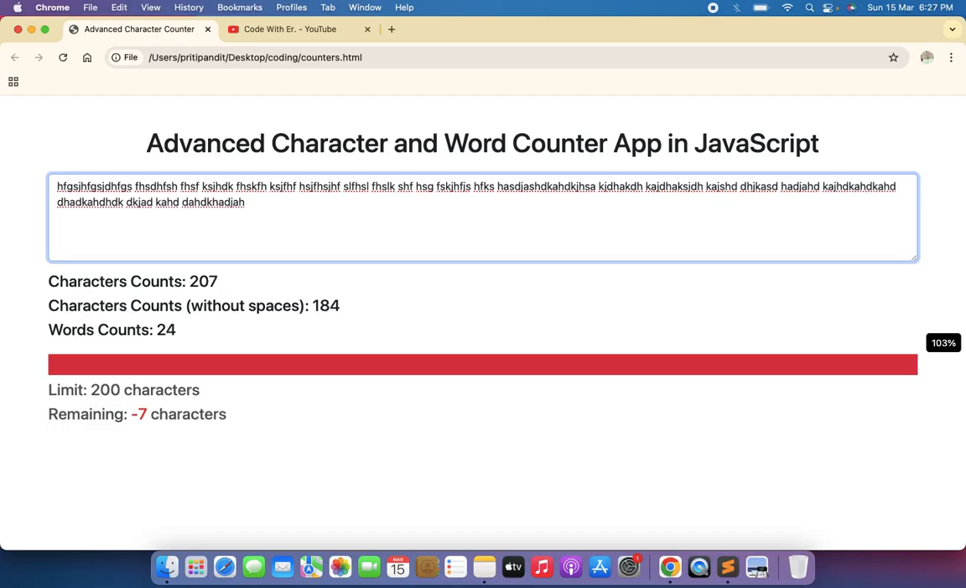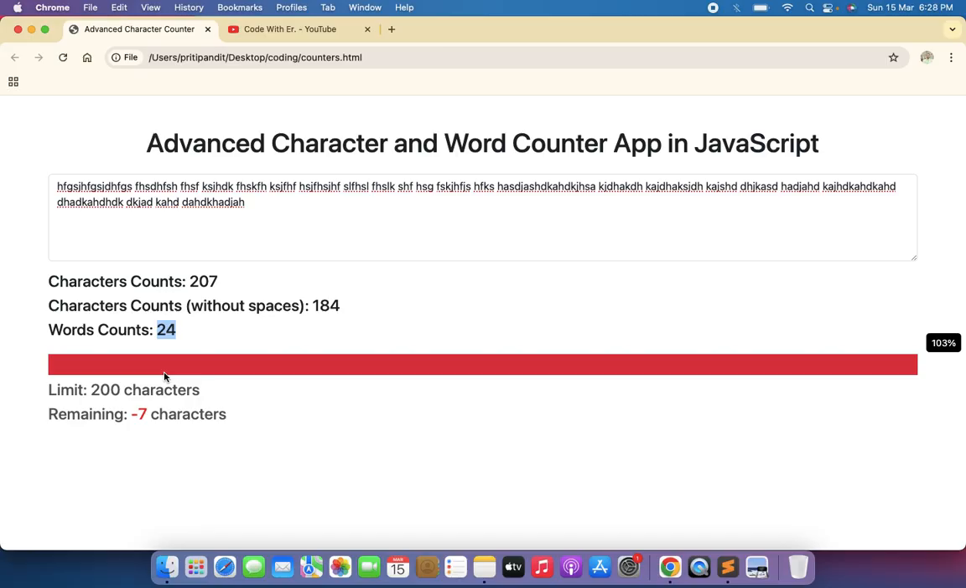You can see here, once we have crossed our limit, the characters count is now 207, the characters count without the spaces is 148, and the words count is now 24. The moment we have exceeded the character limit,